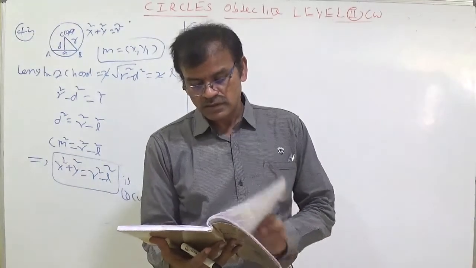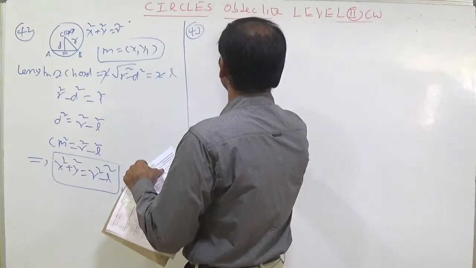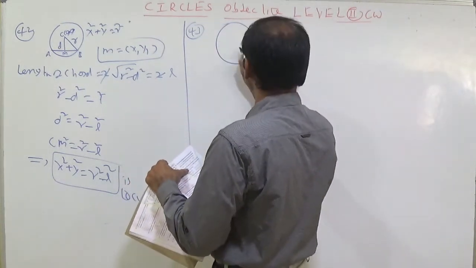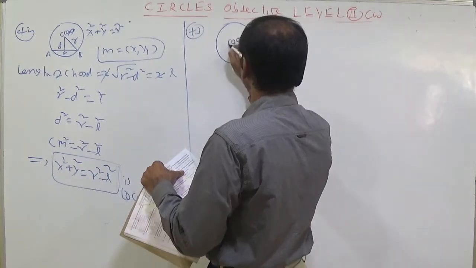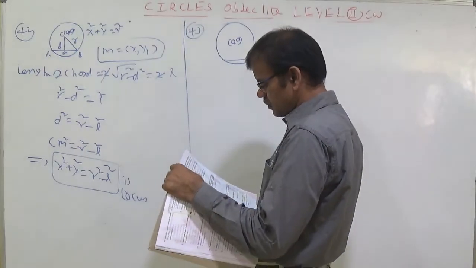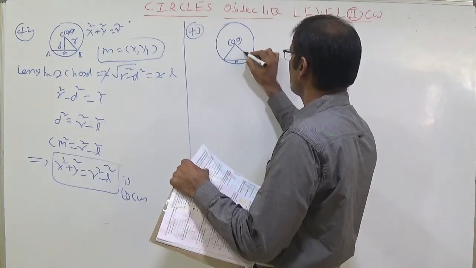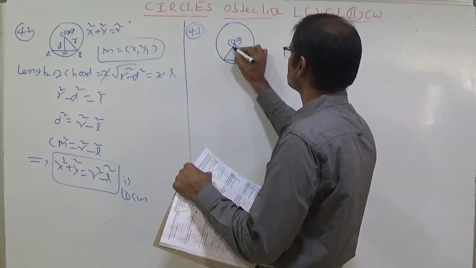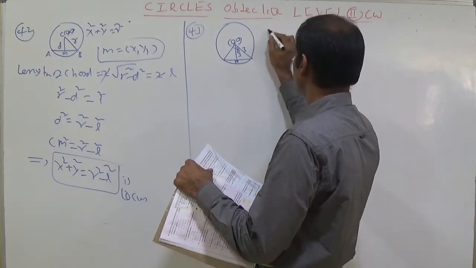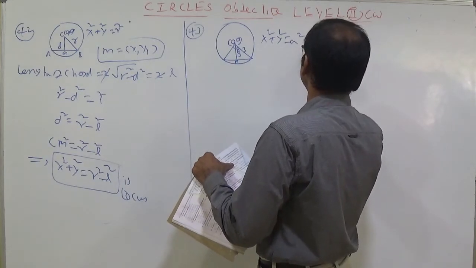The 43rd question. Yes, a shortcut is there: the formula x² + y² = a² cos²(α/2). Sums are also there. Let C be the center of the circle, at (0, 0), with radius 3 units. Find the equation of the locus of midpoints of chords of circle C subtending an angle 2π/3. Half of this is π/3. The radius is 3, and we use the formula x² + y² = a² cos²(α/2).